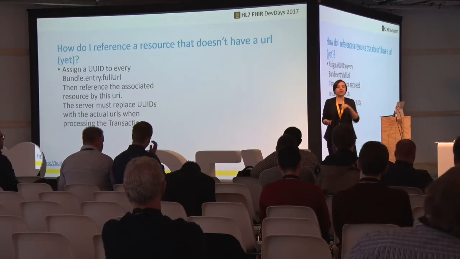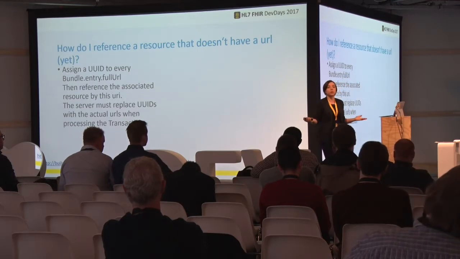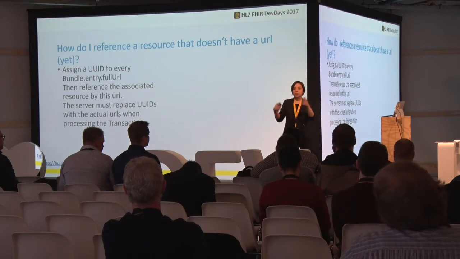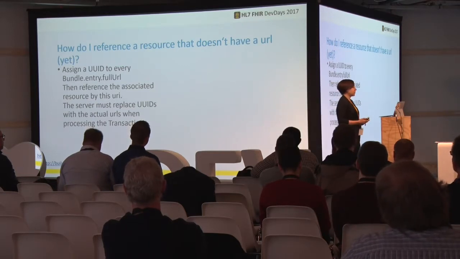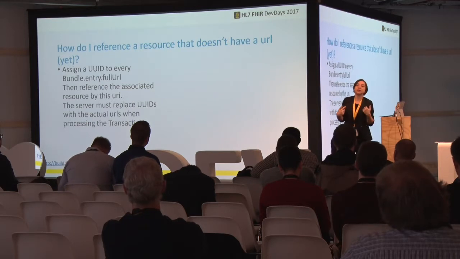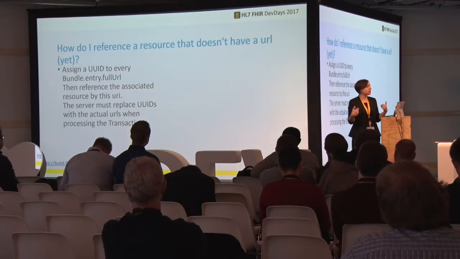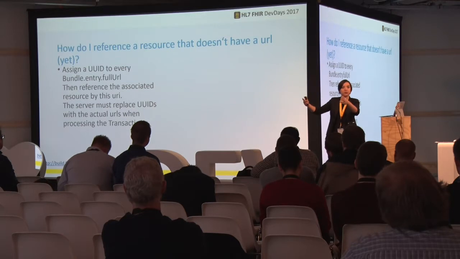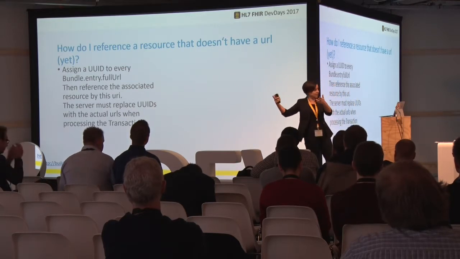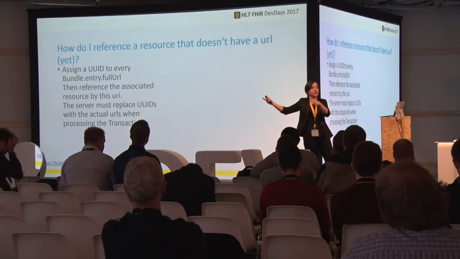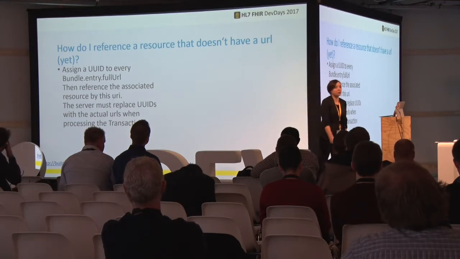Just by putting them in the same bundle, the server would never assume that these two resources need to be referenced. So we have to explicitly reference these resources. But how do we do that when we, as a client, don't even know what URL the server is going to assign to this new patient? Or we don't even know if it's going to have one assigned, it might be already there. And if it's there, we don't know what URL it already has. So